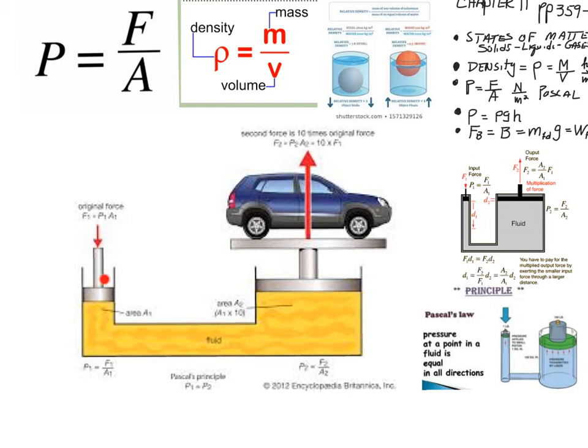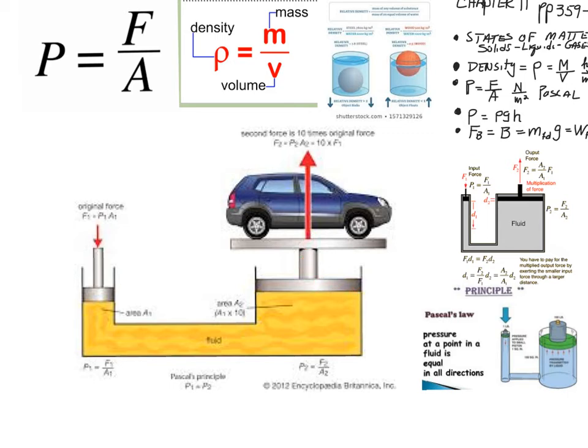So like pushing on a hand pump. It's a very small tube, and you exert a force. That pressure increases by the same amount here, but since the area is much bigger, the force is much bigger,